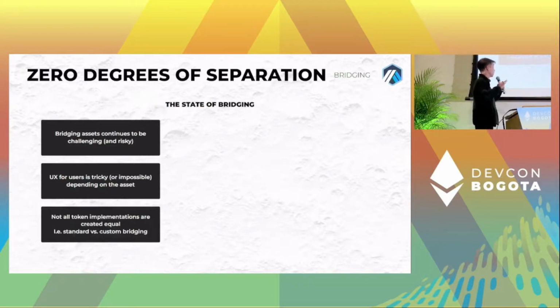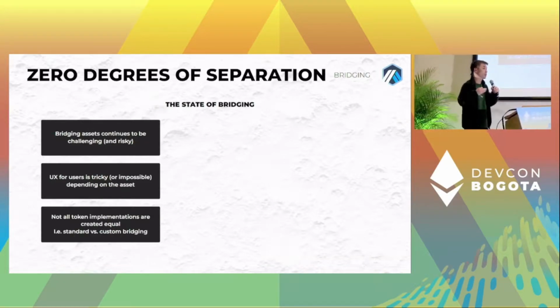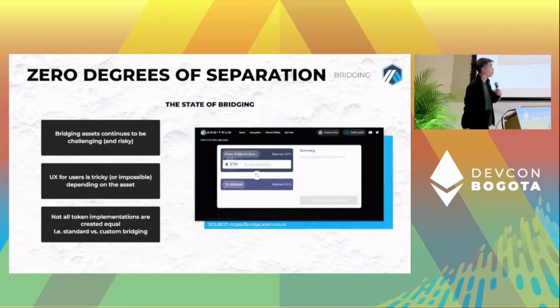And what that means is for developers, not all token implementations are created equal. On Arbitrum, we have standard versus custom bridging. So when you're bridging an asset over for the first time, we can deploy that contract for you on layer 2 and it'll auto deploy. But if you have things like interest or other things that are maybe more custom for your implementation, you have to work with us or you have to build your own custom solution. So it's pretty complicated, and I think we're not in a space where things are perfect, but we're making a lot of progress. And at a higher level view, this is our bridge, fantastic work from the team.